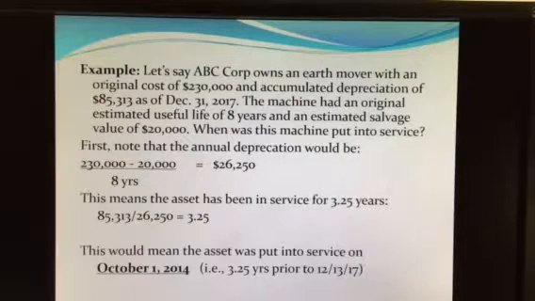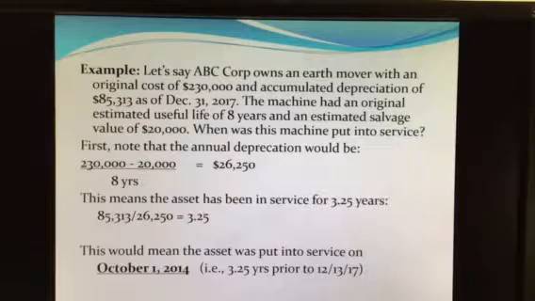That means the asset then has been in service for 3¼ years. That is, the accumulated depreciation to date, December 31st of 2017, divided by the annual straight line depreciation, $26,250, is 3.25 years. So backing off from December 31st, 2017, back 3¼ years would take us back to the 1st of October. That is the beginning of the final quarter, October 1st, 2014, 3¼ years prior to the